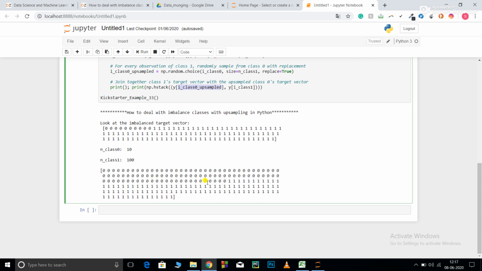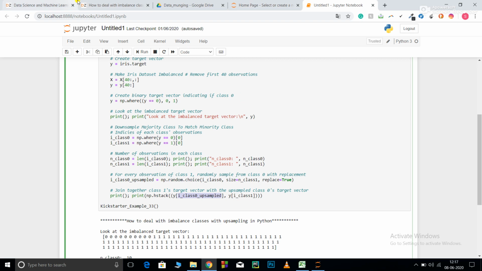You can see the number of data points is now more or less equal. So now my model is able to learn much more from a balanced data set. When I batch process my data set, there are equal chances of getting samples from class 0 and class 1. So this was all about the code in this video.